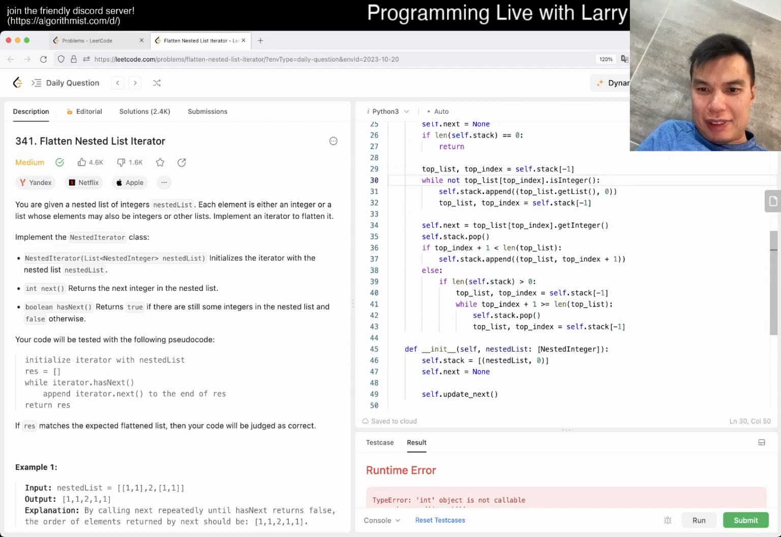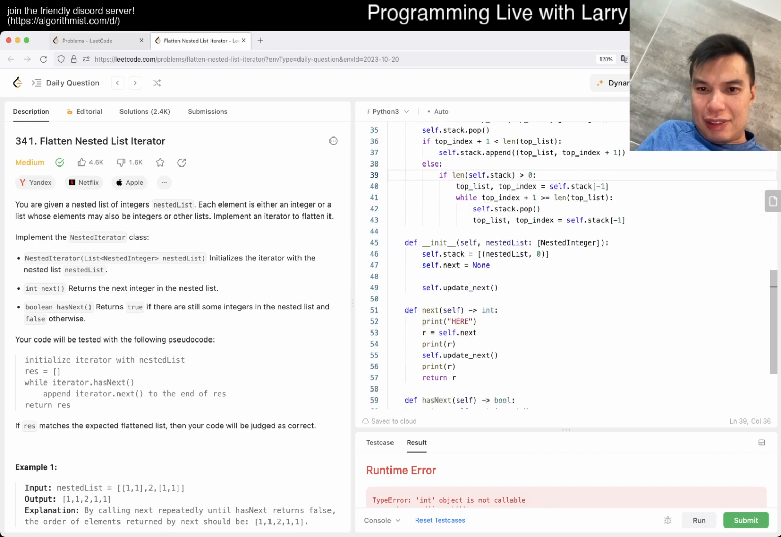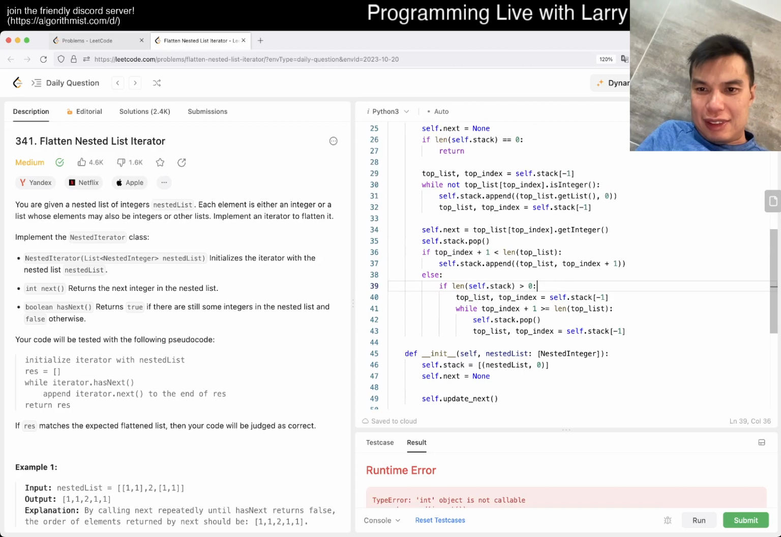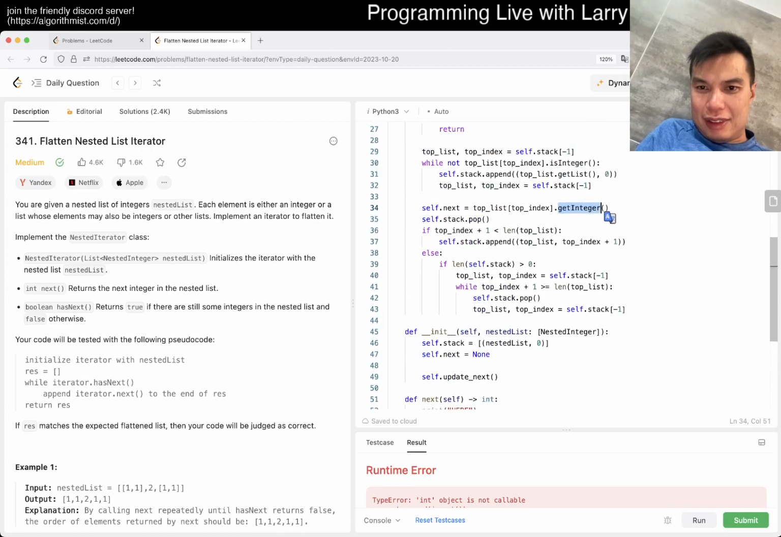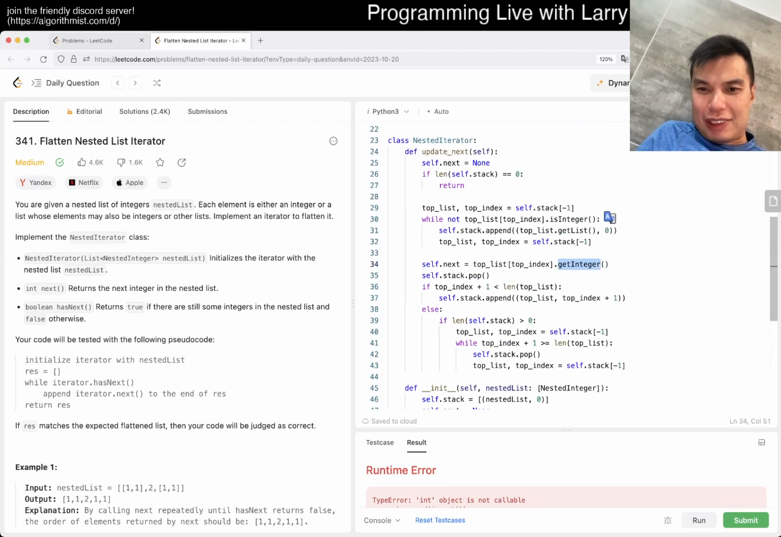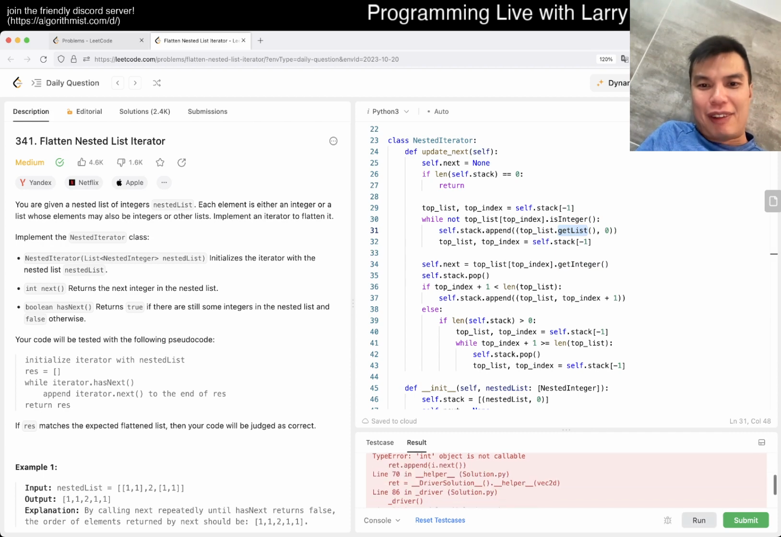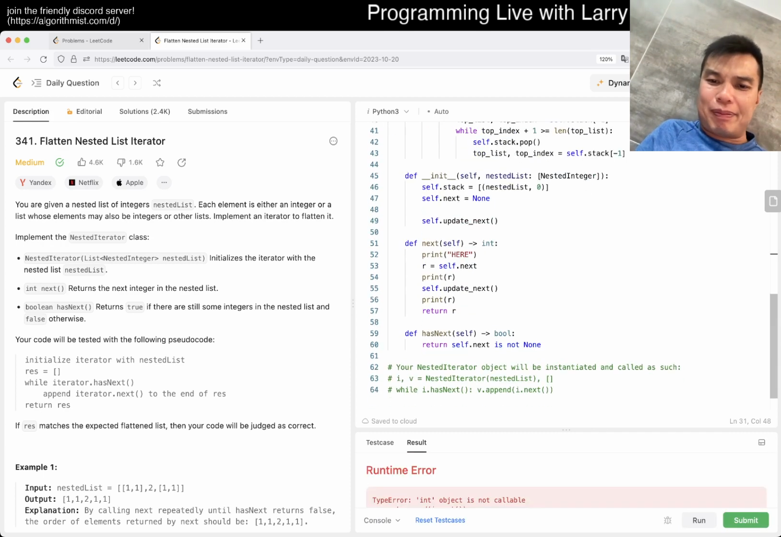Yeah, and I might have to do, where's my other one? Get list. And then get integer. Where's my get integer? No, that's my get integer. Where's my get list? I must use get list, right? Oh, here it is. So why is it still giving me an error? That was a bad bug though. But